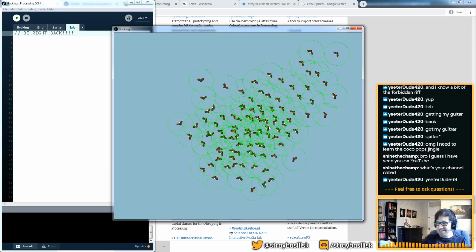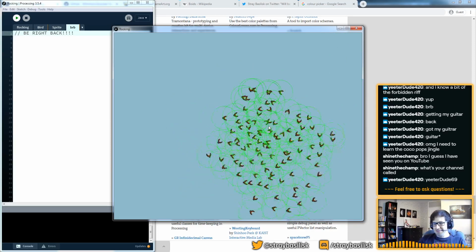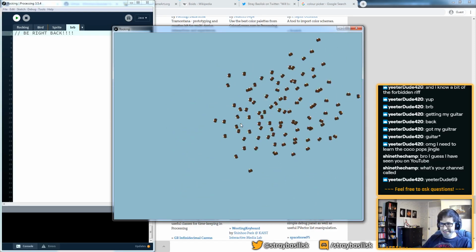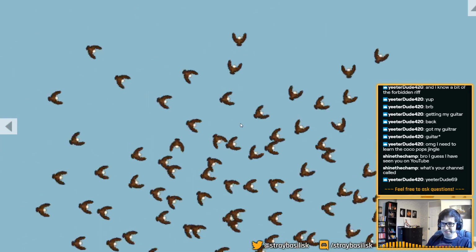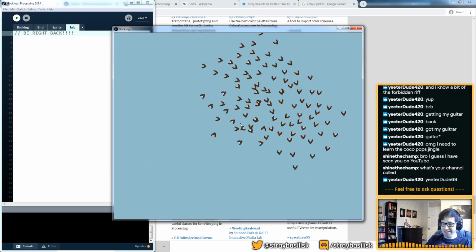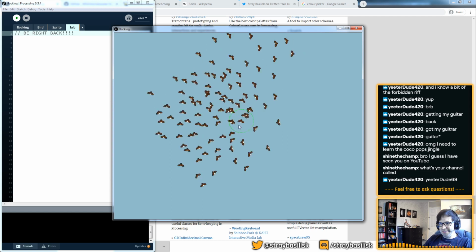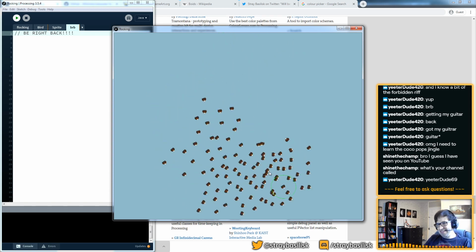So we're getting somewhere with this, right? We've got these birds flapping around, looking very fetching and attractive. Zoom up in here. Moving independently, they're not clumping up together too much. You can see that they're trying to maintain this radius of separation